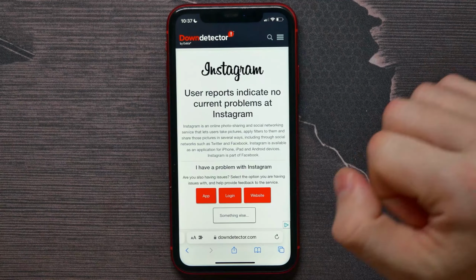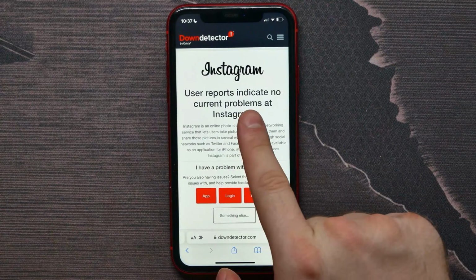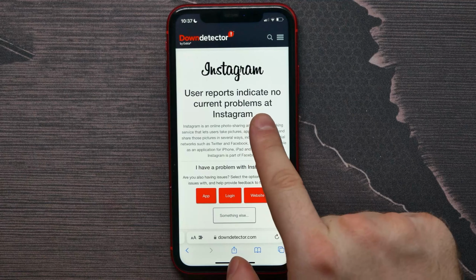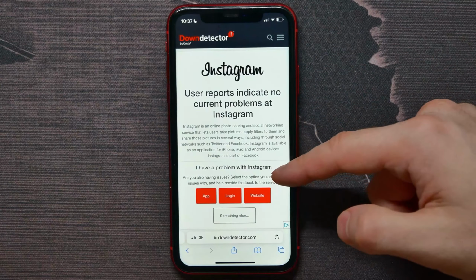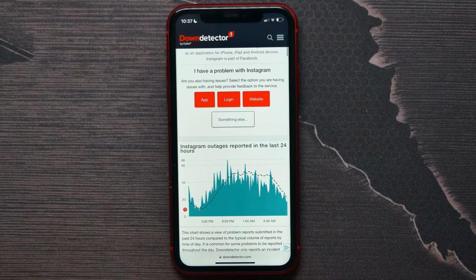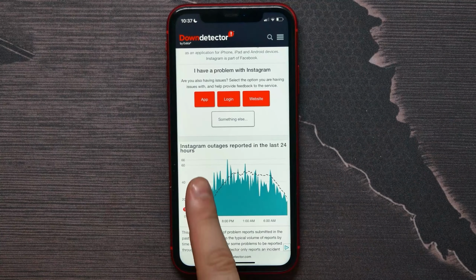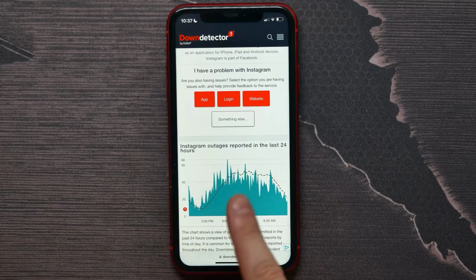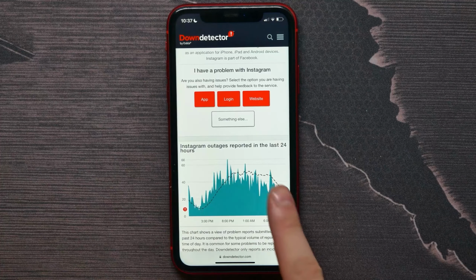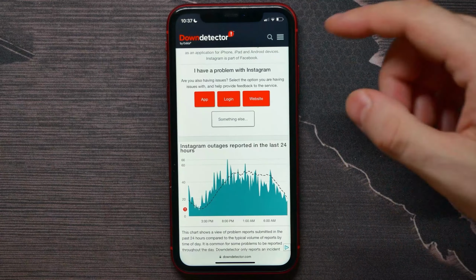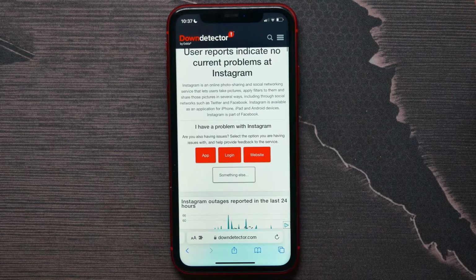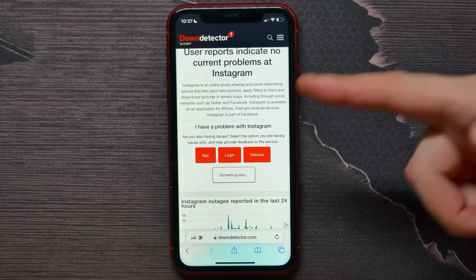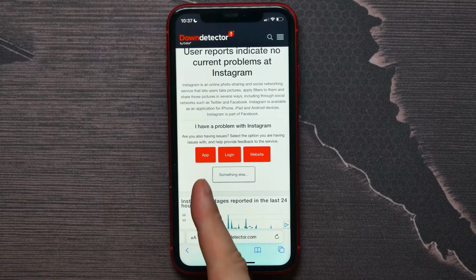on that site, and it says that user reports indicate no current problems at Instagram. There you can also see Instagram outage reports in the last 24 hours. It shows how it has changed over 24 hours, and also there you can report a problem with the app, login